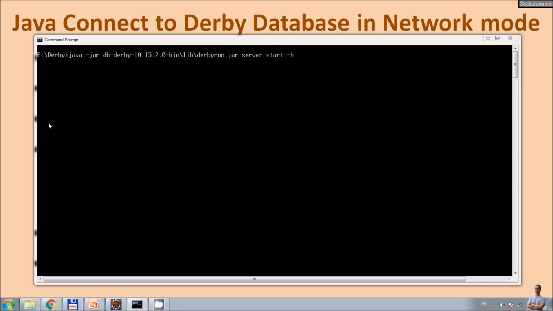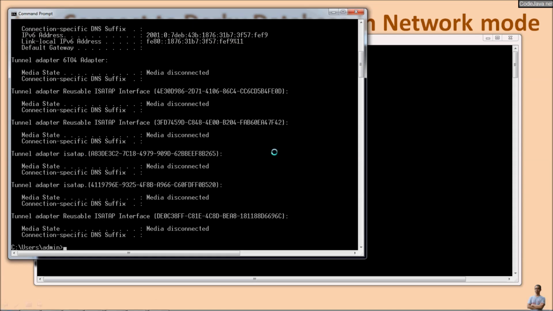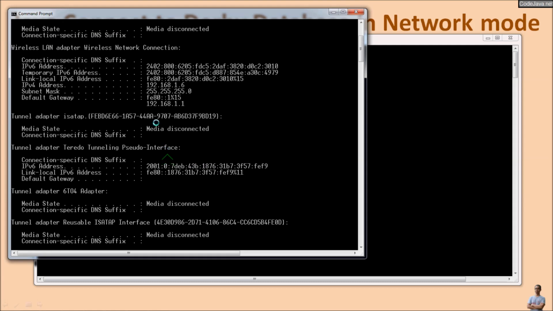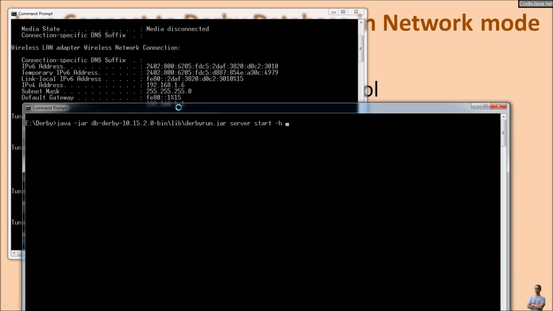For example, I check the IP of this computer, and you can see the IP address is here, 192.168.1.6. So I specify the IP address of the server here, 192.168.1.6. Okay,